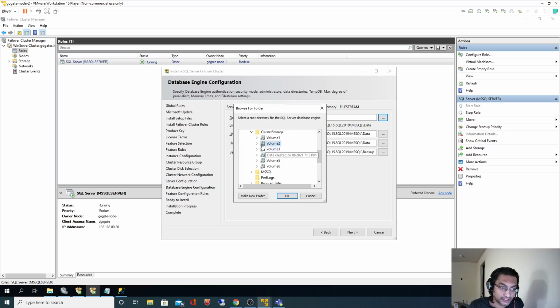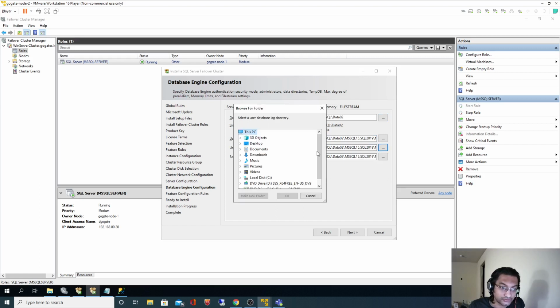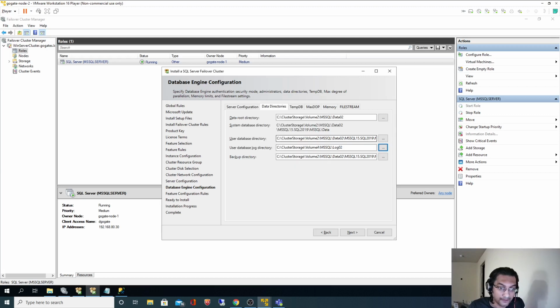This is what we have to select. For the user database directory, this is fine. And for the user log directory, I will change this to volume 4 log. Perfect.